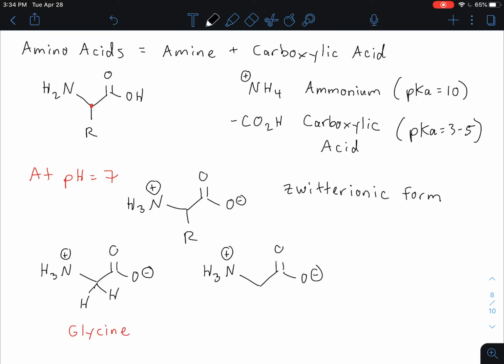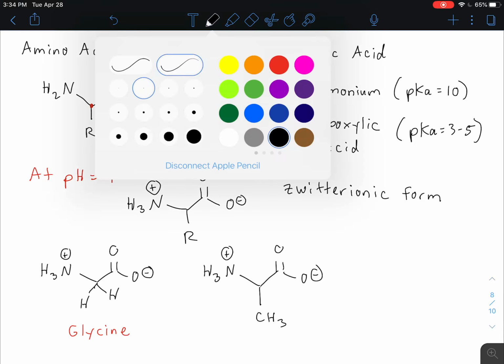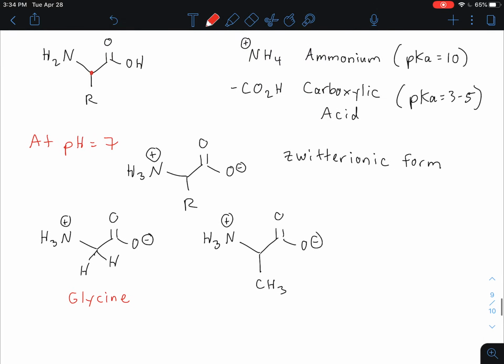And you don't need to memorize these now, but if you have biochemistry in your future, you probably will have to do that then. If this is a CH3 group, just a methyl group, then this is the amino acid alanine. And just to show you how complicated some of the structures can get,